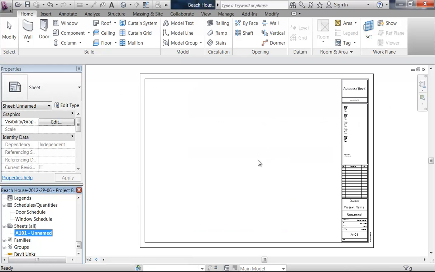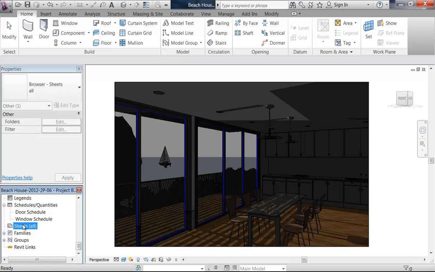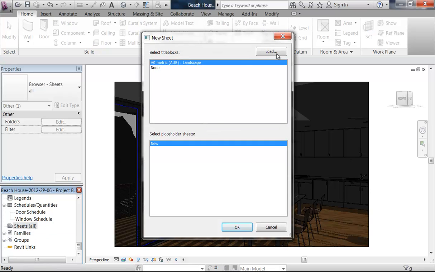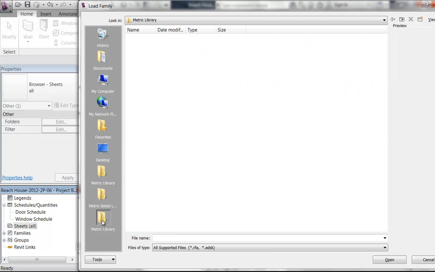on that, you can see it's an A0 sheet, and I don't want that. So I'm going to delete that sheet, and I'm going to make a new sheet from scratch. So again, just right clicking there, and new sheet, and then click load, and I'm just going to browse into the title blocks folder,